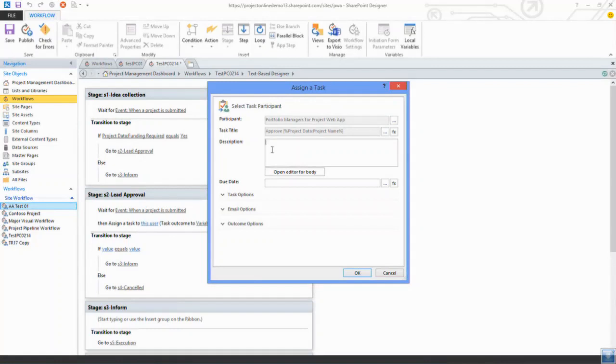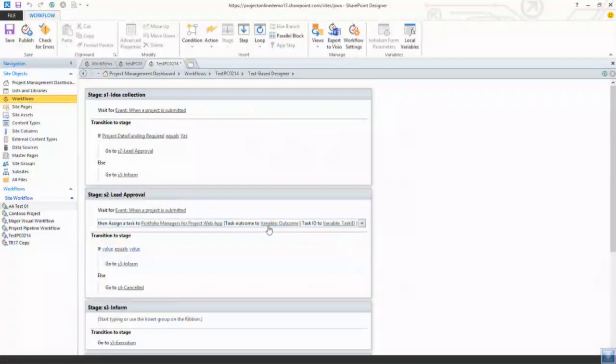Okay, that was more in the text. I can specify a due date. And so when the task is going to be sent, there's going to be an answer from the approver, whether it approves or not